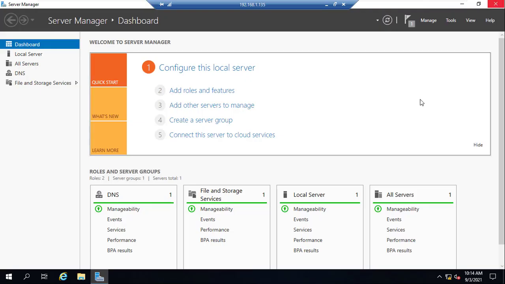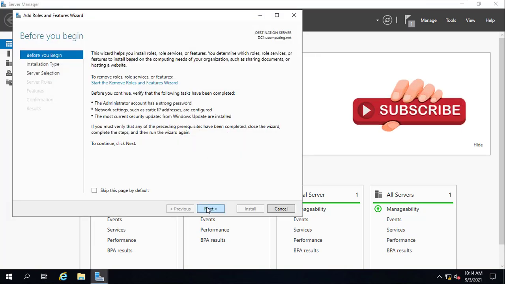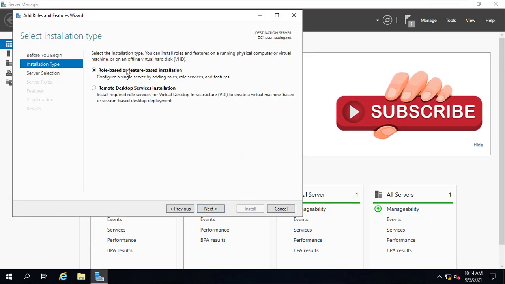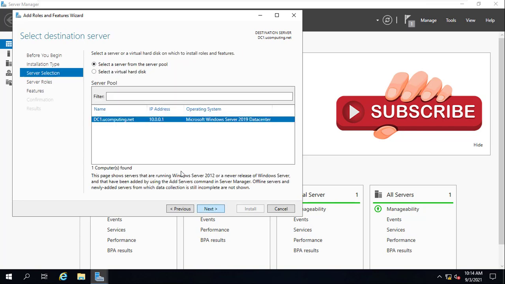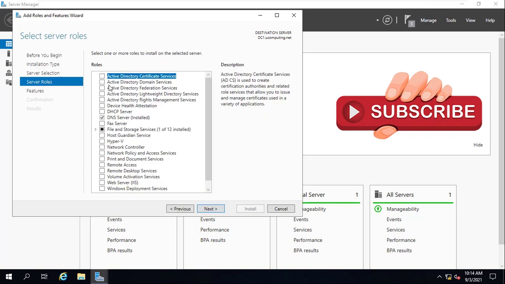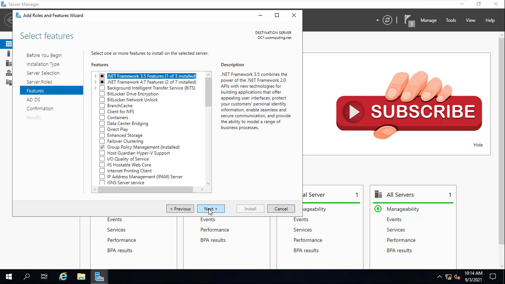My DNS server is up and running, everything looks good. I'm going to go ahead and deploy my Active Directory Domain Services. So I'm going to click on add roles and features over here, click next, select role-based or feature-based installation, go next, select my server name, go next, and then I'm going to check Active Directory Domain Services. This is what we need. I'm going to go next here, go next,